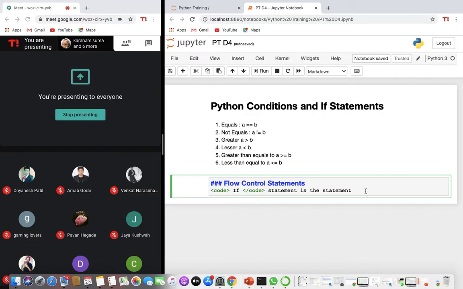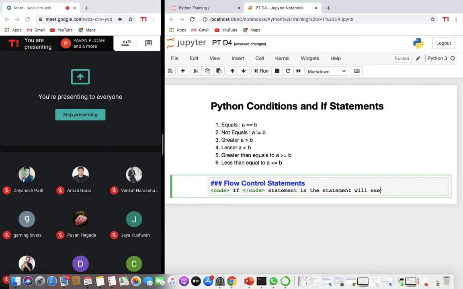The if statement is a kind of clause which has a block of code that will execute when the condition written is true. So I'll write it as: if statement will execute